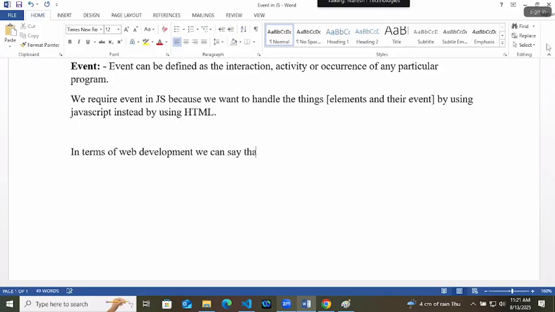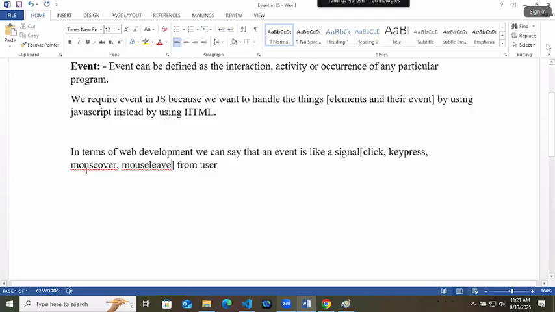In terms of web development, we can say that an event is like a signal from the user. Signal means the user can give any signal by doing a click, by key press, right? By mouse over, mouse leave, mouse up, down, right click, left click.